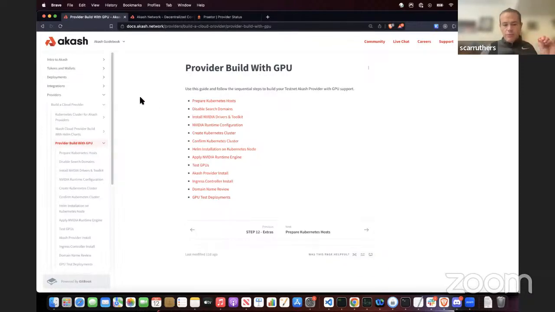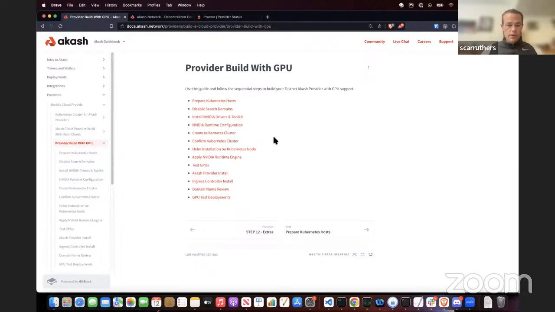If we were to step through the process and procedures of building an Akash provider, the first thing that we do, obviously, since these providers are running Kubernetes clusters in the back end, we have full guidance on how to build an appropriate Kubernetes cluster for your Akash provider. So that's where we'll begin in the provider build process. And then without actually digging into these steps, but just looking at them as we progress, we first build out that Kubernetes cluster, which is going to be the brains in our backend for our GPU provider in this circumstance. We then go through providing guidance on how you can install necessary NVIDIA drivers and toolkits on the Kubernetes hosts that have